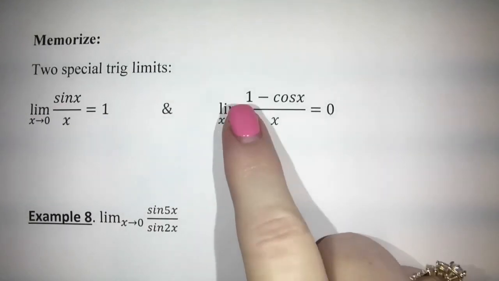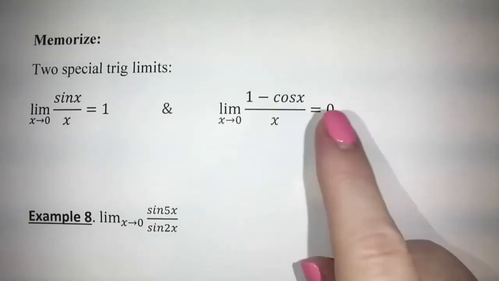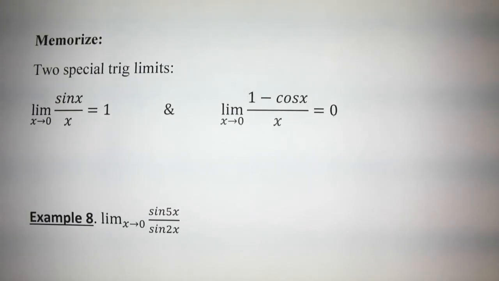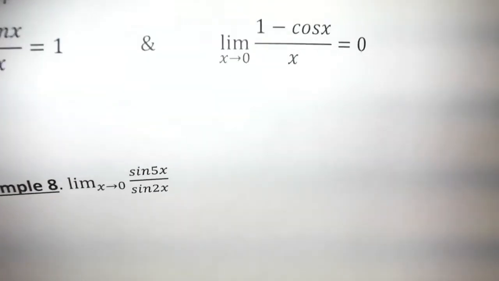And the limit as x approaches 0 of 1 minus cos x over x is equal to 0. So memorize those two limits for your midterm. Example 8 is a common exam question. Write this down: the limit as x approaches 0 of sine 5x